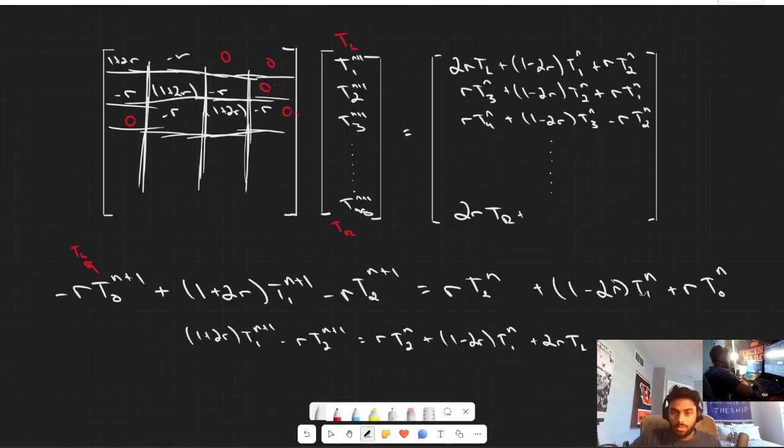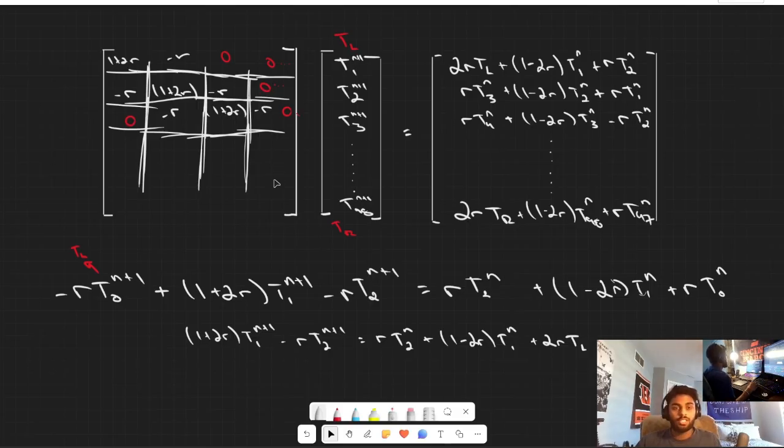So plus 1 minus 2R T98 at the previous time, and then our J minus 1 is going to be 97, so plus R T position 97 at N. So basically now what we have done is we've constructed our matrices in order to be able to solve this